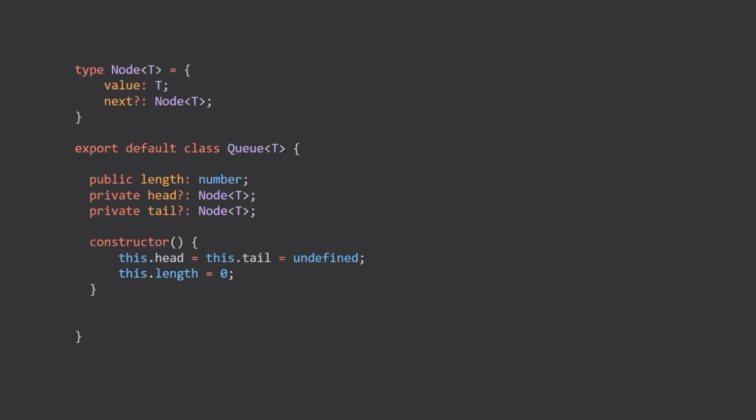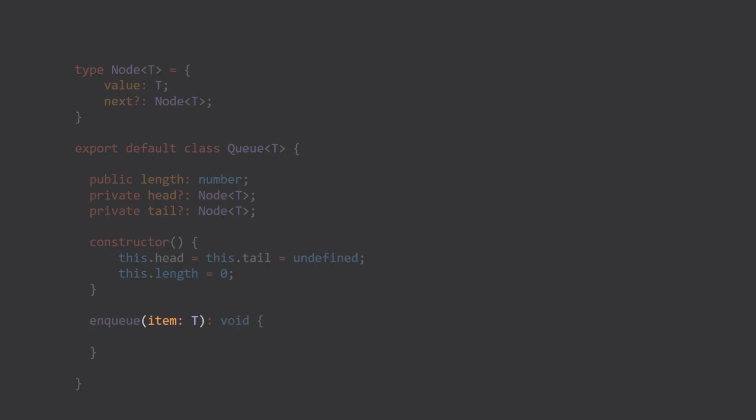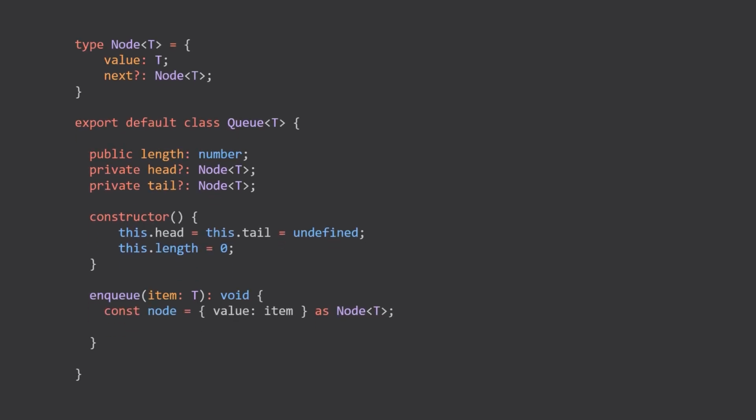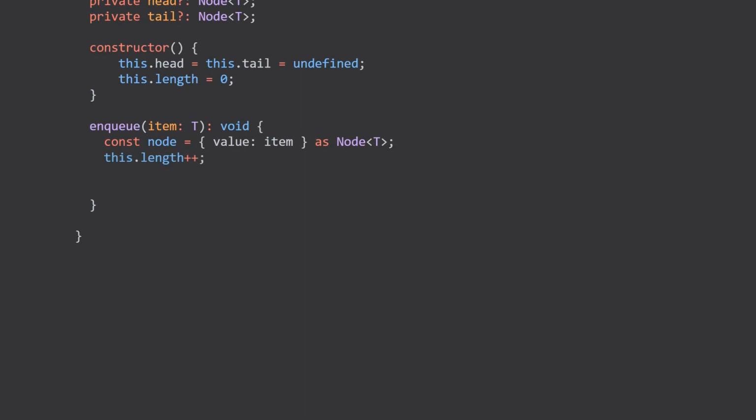Next, we can define our enqueue method. It's going to take the item that we want to add to the queue as a parameter. It's going to be of type generic T, which means it can be of any type. We can create a new node object and set the item as the value. As the queue is a FIFO type structure, we will be adding this new node to the end of the